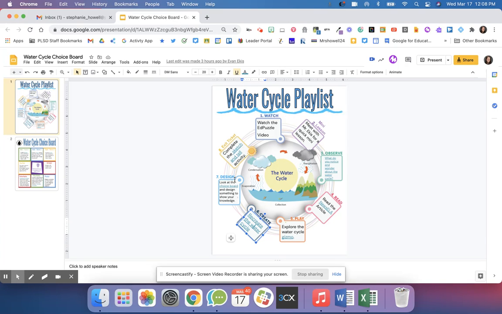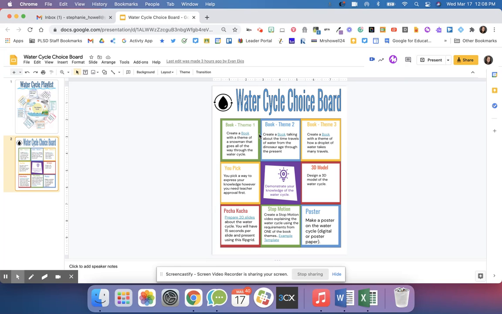And then their final almost project is this design project where they have another choice board, and they're going to pick one of these activities to complete to show their knowledge of the water cycle. So they might do a book. There's 3 different options. They could do a pick their own and get it approved by the teacher, create a 3D model, do a